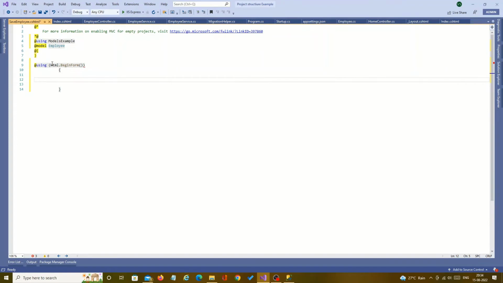In that we are going to use the HTML code. First I will use the H1 to identify which kind of page it is, so we will give a heading, employee details,